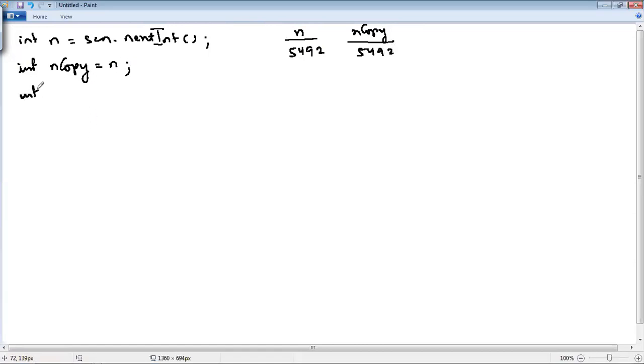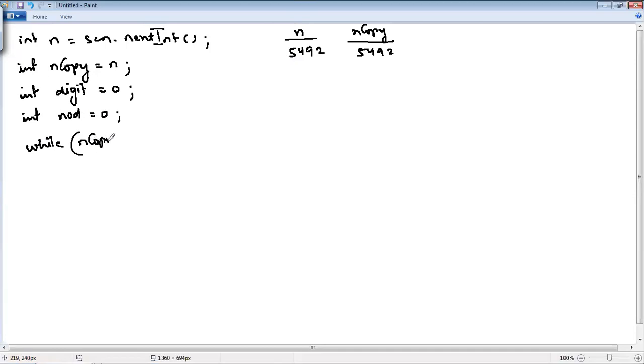Now I need a variable called digit. Digit is equal to 0. Clear? And then I need one more variable NOD, which will calculate and store the number of digits of the entered number, 5492. How many digits are there? There are 4 digits. So for that purpose I will use a while loop.